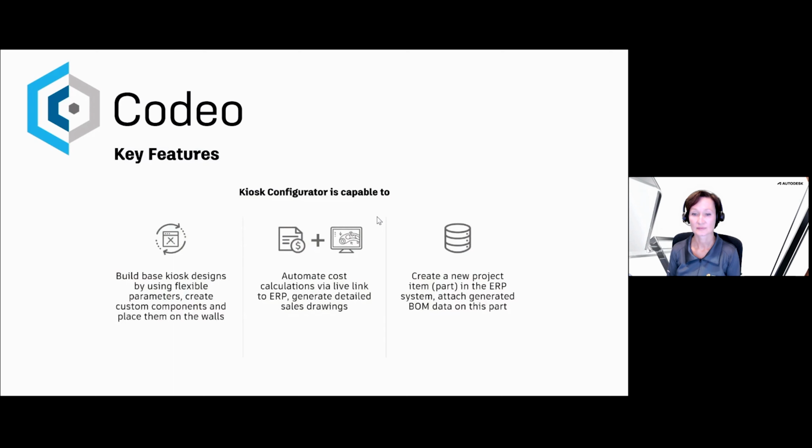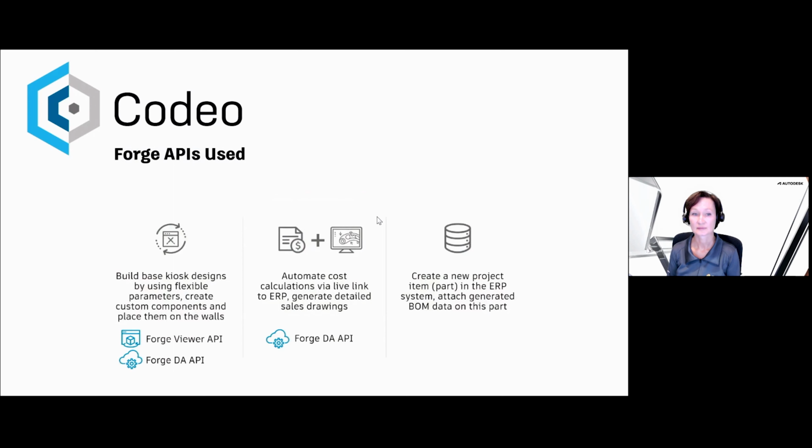The configurator is able to automate the cost calculations by generating the BOM data and reading the unit costs of the materials and components from the ERP database. You can also download the sales drawings to present the project to the customer or send the project details to the design department. As a last step, with a single click, you can create a new project in the ERP system and push the bill of materials data into the project part. Now, the salespeople of Kingsley Plastics can output the quotations from ERP software automatically.